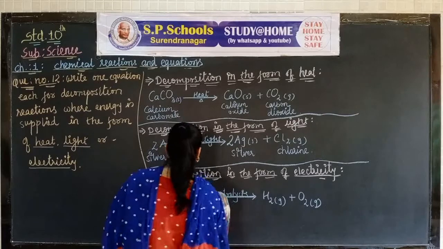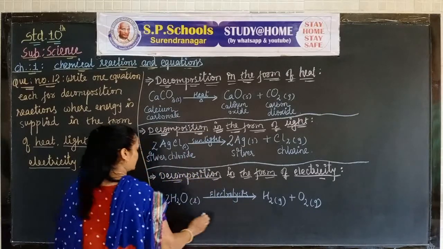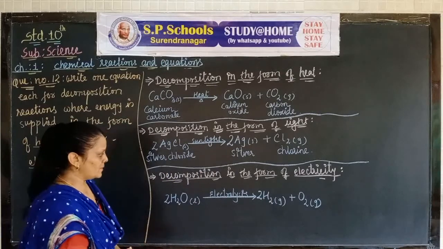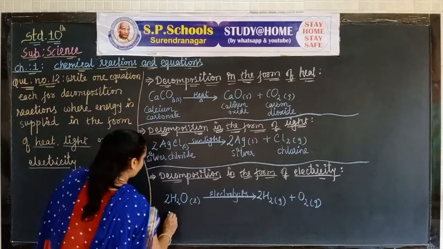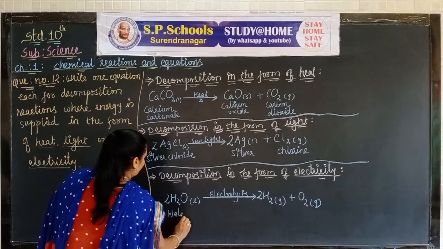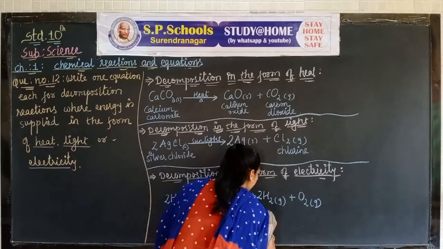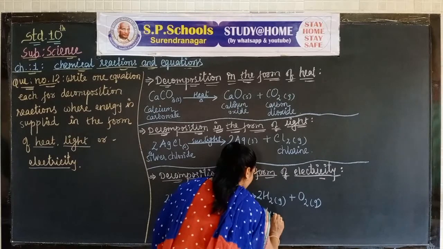To balance the equation, put 2 before H2O and before H2, so the equation will be balanced. Here we write water, two gases can get hydrogen gas,